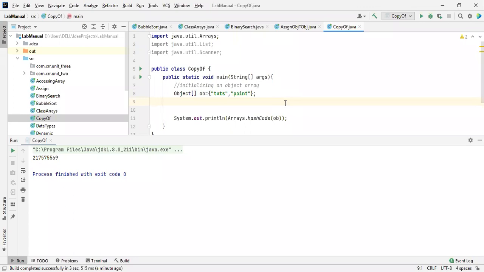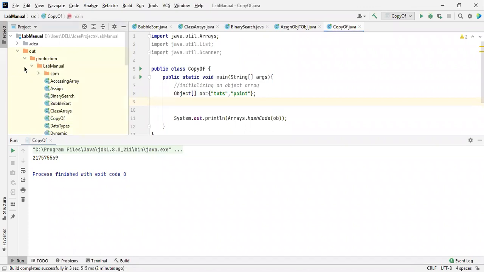Don't think that the compiler is inside the Java virtual machine. It is outside the Java virtual machine. After the compilation only, the bytecodes will come. These bytecodes are organized by the Java virtual machine. Finally a class object will be available, which is understandable to the machine. The machine understands a .class file. After compiling this program, a .class file will be produced.